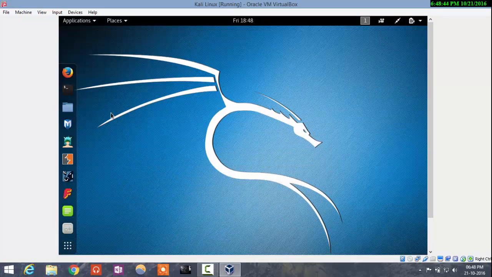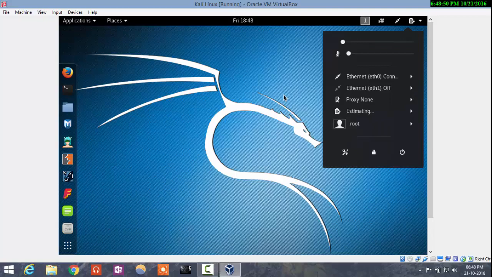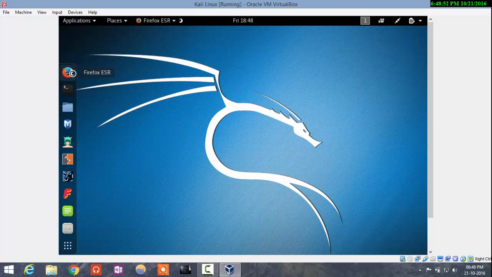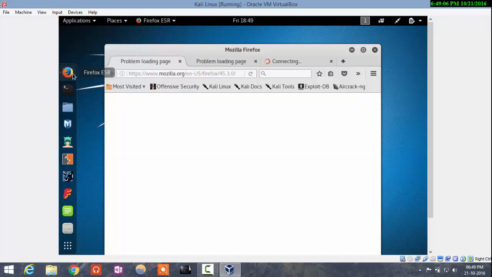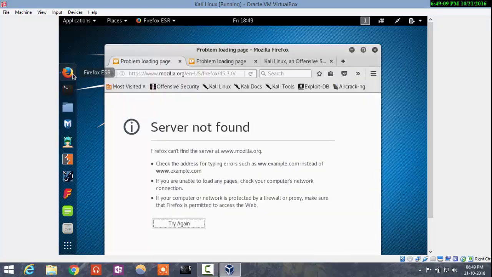Now we'll go and configure the network. First we will check whether we have network or not. Ethernet is connected, so let's check. This is for those who are in college like me. I am in my hostel and we have a proxy net over here, and the network administrator in our college is very strict. They have many proxies and restrictions all over. So you have to configure before the internet runs on the Kali Linux. Actually by default it will not run. You can see it will show a problem. So what you have to do,